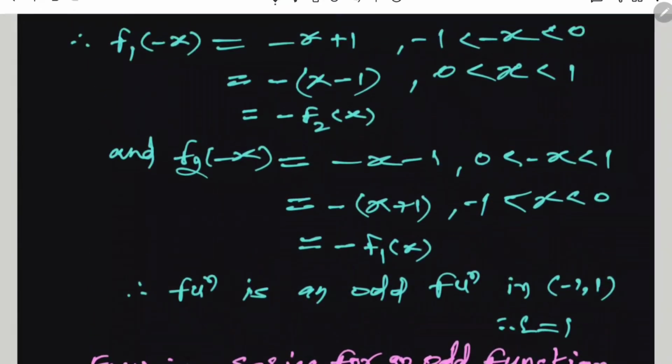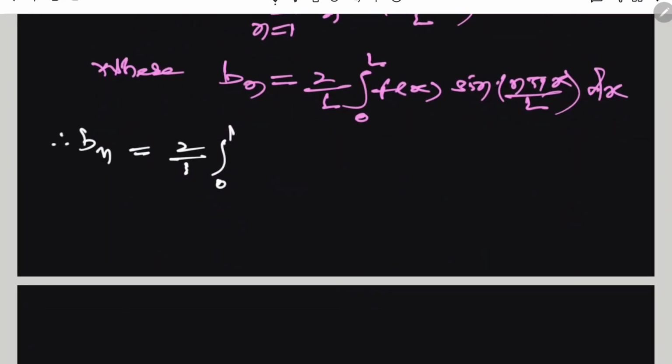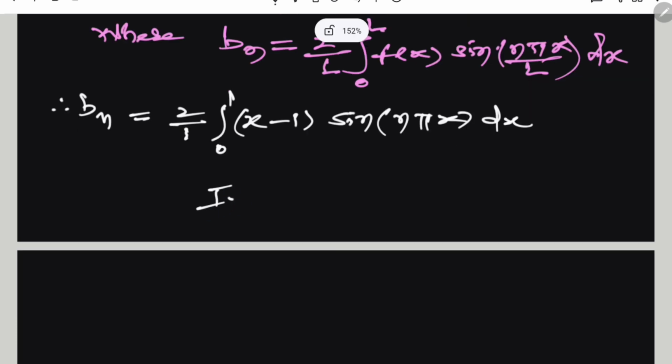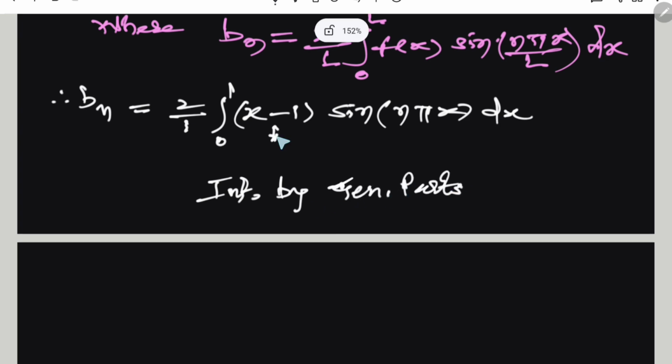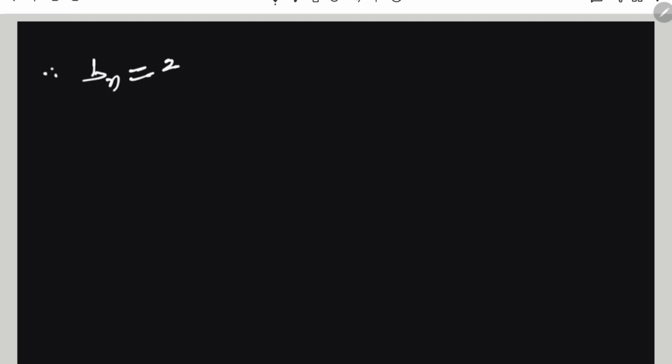Here the value of L is 1, therefore 2 by 1 integration from 0 to 1, and in that range the function is x minus 1 into sine of n pi x by 1. As per the LIATE rule, x minus 1, being algebraic, we consider as the first function, and sine, being trigonometric, as the second function. Therefore, Bn is equal to the first term x minus 1, times the integration of sine, which is minus cos n pi x divided by n pi,